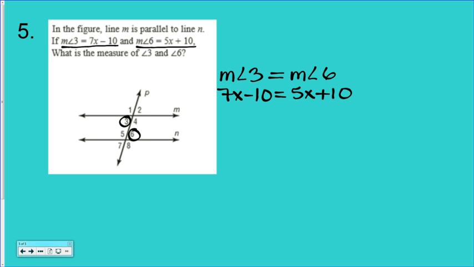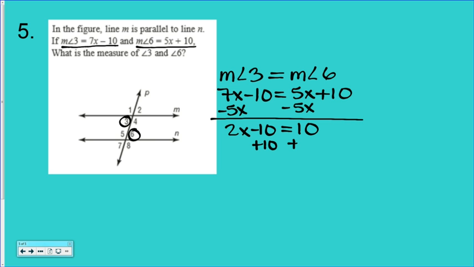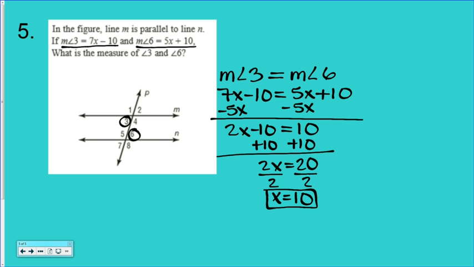Okay, now I need to solve for x. I am going to subtract 5x from both sides. I'm left with 2x minus 10 equals positive 10. Add 10 to both sides. 2x equals 20. Divide by 2. X equals 10. Go back and double check. Was it asking for the value of x or was it asking for your angle? It says what is the measure of angle 3 and angle 6. So we need to plug in x